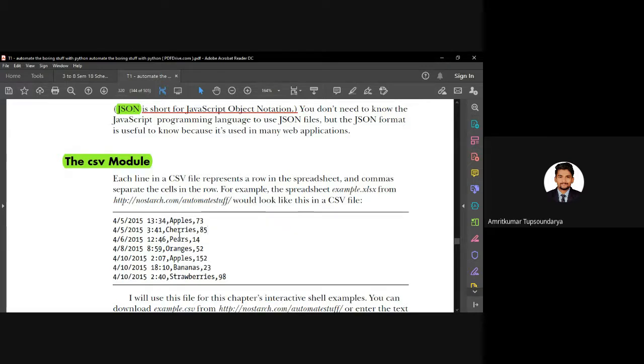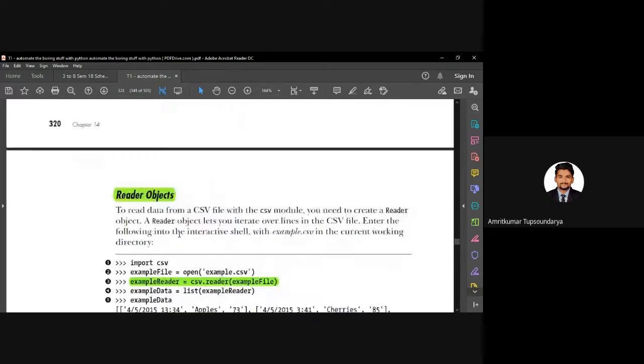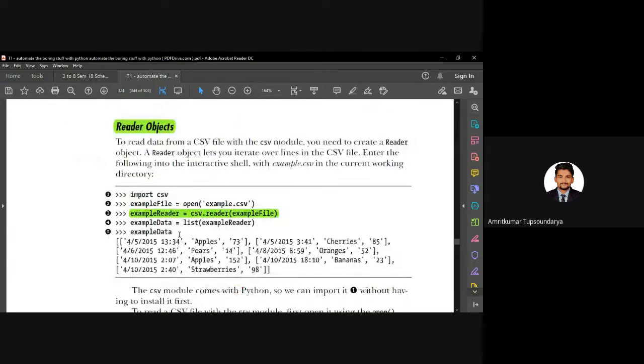Anyway, moving ahead, let us try to read the data from a CSV file using this CSV module. Like any other module, as I've been repeating, first we have to import the module. We have to set up an object in order to open that CSV file.